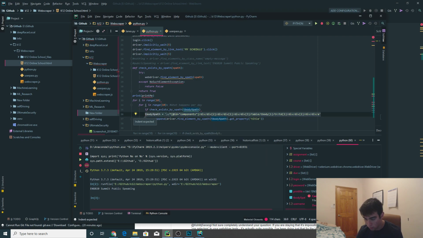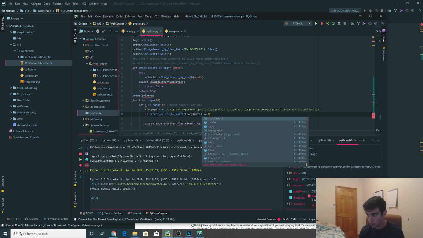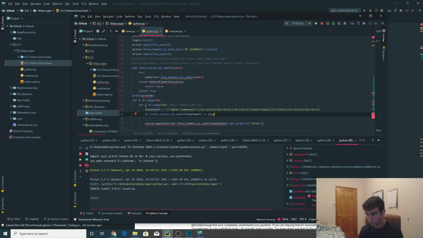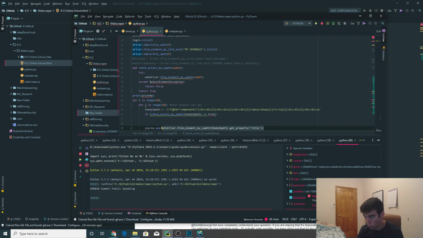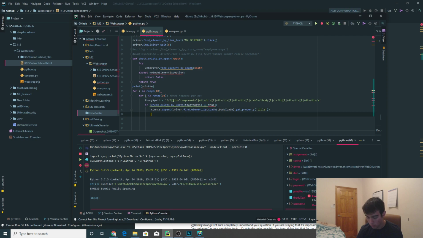So this is what we're going to set it as. So it's a range. If that equals true, then we are going to append it for the course. Else,